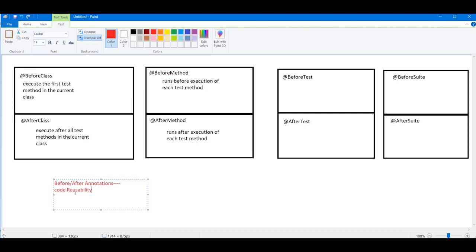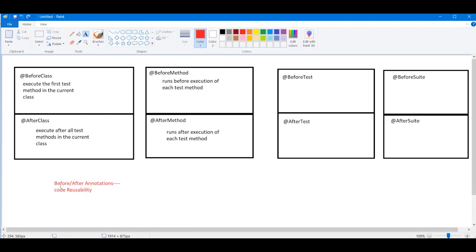Because of code reusability we need to use these before and after annotations. Just write it once and use it multiple times. So first understand this: why? Due to code reusability.